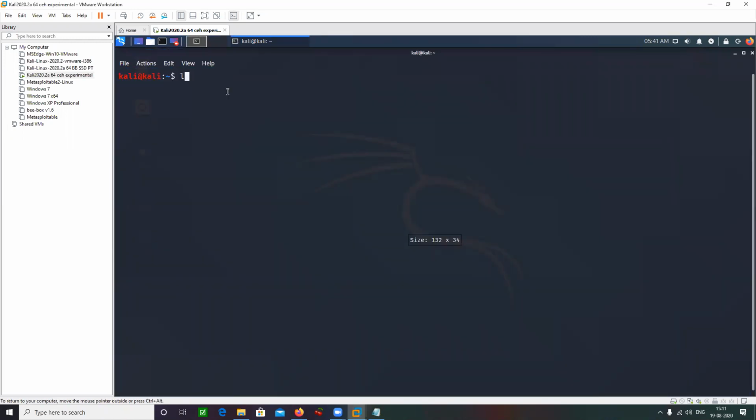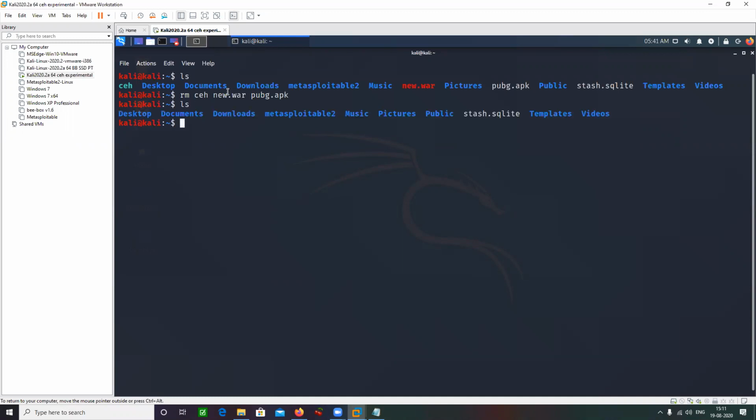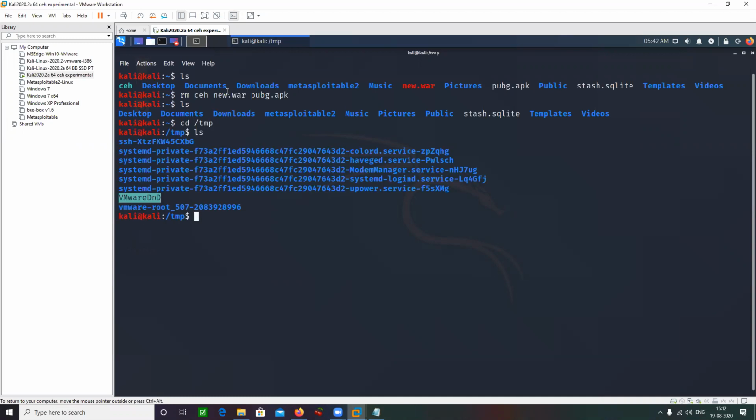Increase the font size a little. We have got some miscellaneous files here. Let me just remove them. Nice. Let's go to my temp directory.